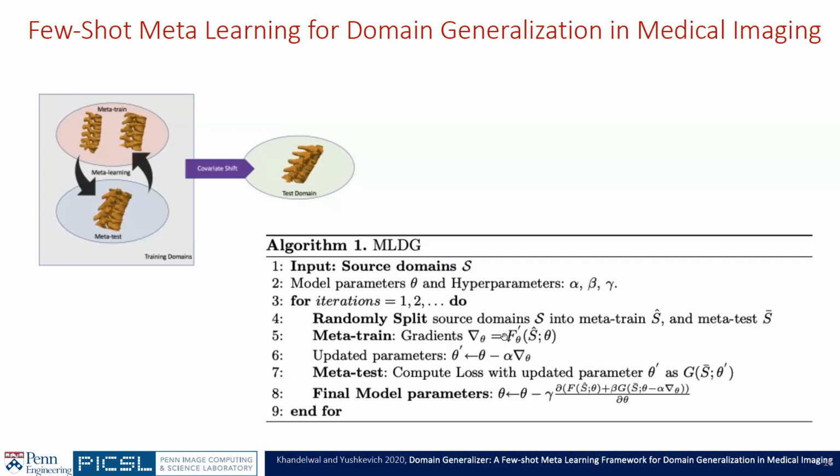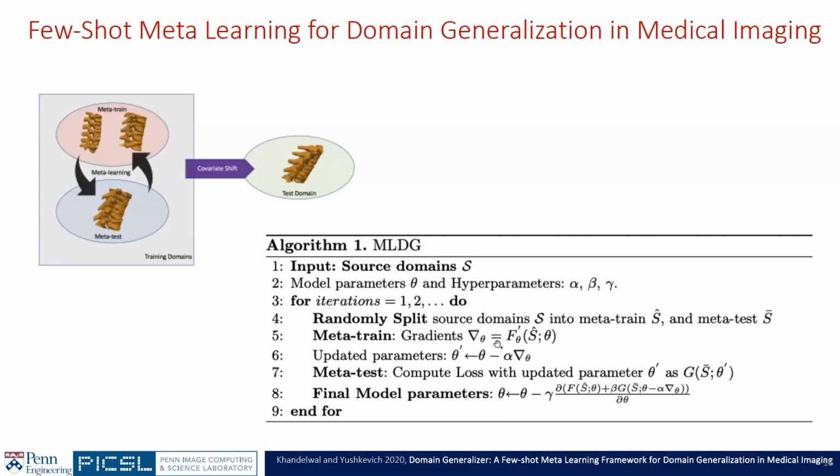So you get some kind of update of your loss function with respect to your model parameters theta, right? Simple, you're just going through it once, and then you just update your parameters of the network. Theta prime is theta minus alpha times the gradient. This is just SGD. So you have just one forward and one backward pass, that's it, with just two of the source domains' meta